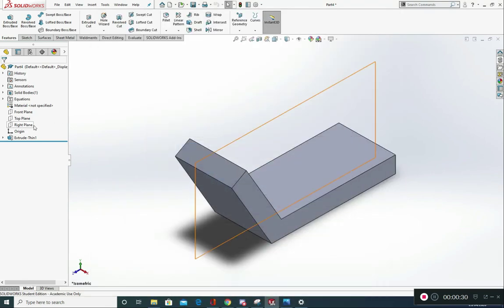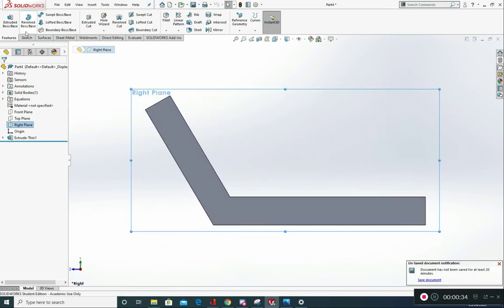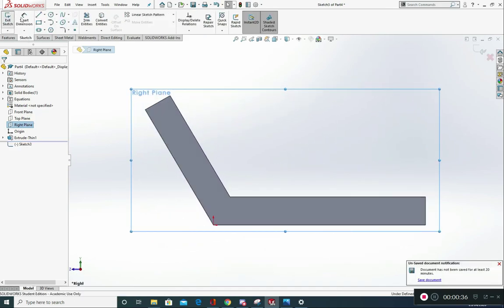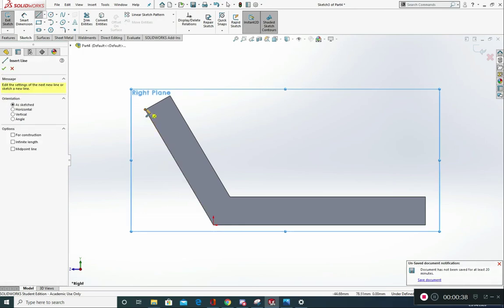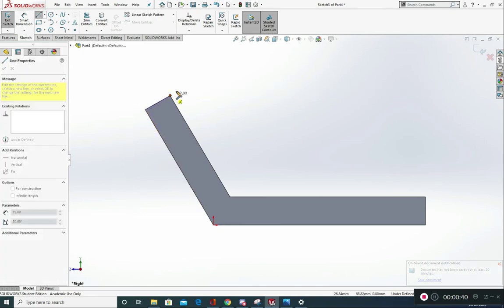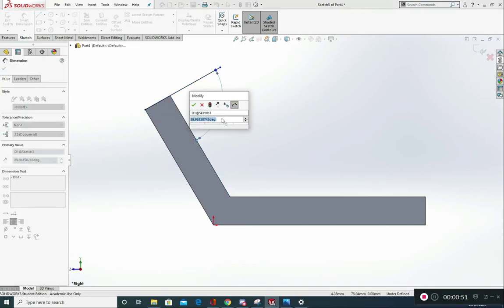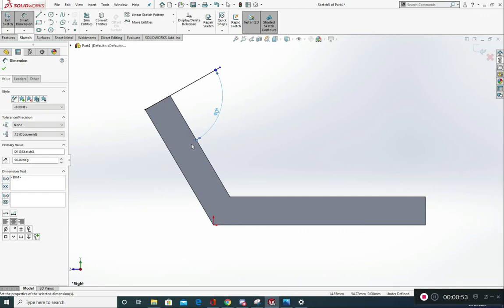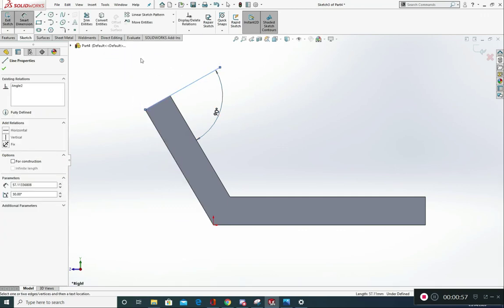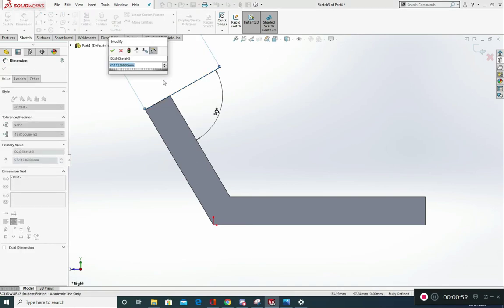So I'm going to go into a right plane, normal to, sketch. I'm going to sketch a line from this point here. I'm going to try and keep it at 90 degrees the best I can, and left click. Then I'm just going to check with a smart dimension from here to here, and I need to change it to 90 degrees. Okay, from here we can smart dimension this line at 83,